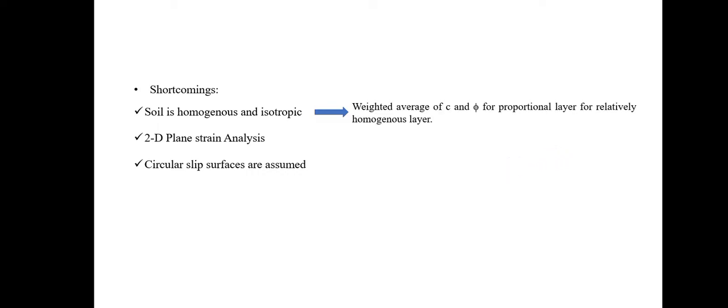The charts have been devised using 2D plane strain analysis and slip surfaces of circular shapes only. Regardless of the above shortcomings, many practicing engineers use these charts for non-homogeneous and non-uniform slopes with different geometrical configurations. To do this, one must use an average slope inclination and weighted average of C and phi calculated on the basis of proportional length of slip surface passing through different relatively homogeneous layers. Recently developed charts take 3D aspects of failing slopes into account.